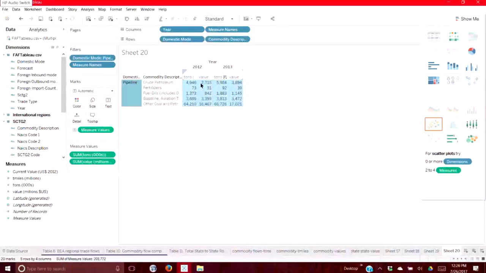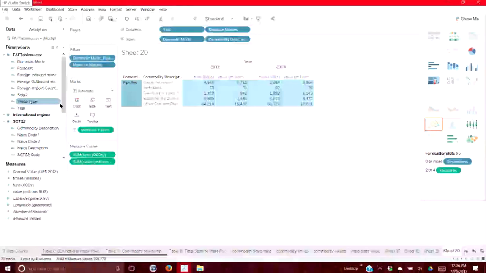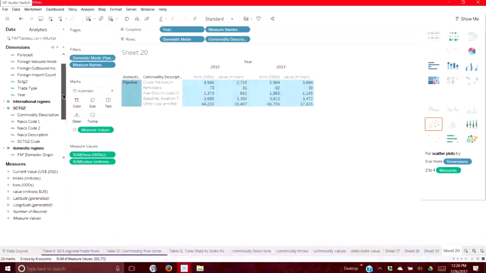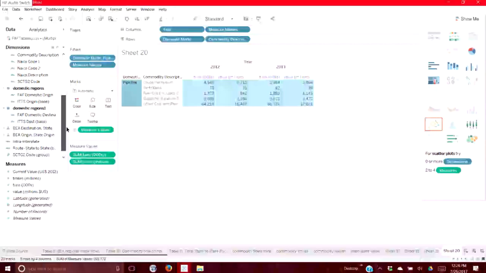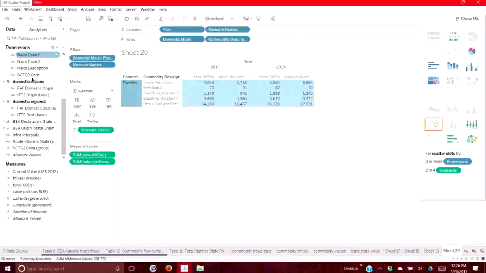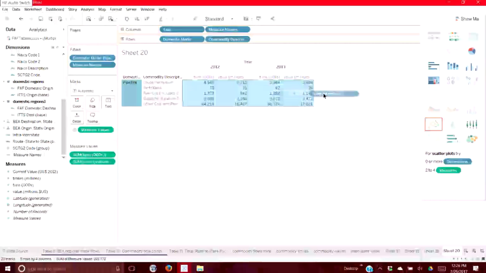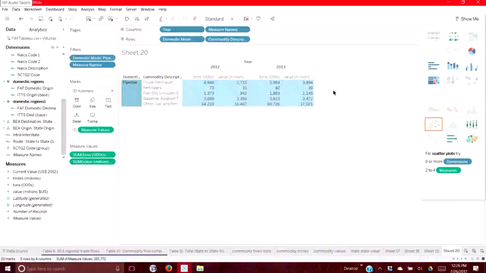And what else would you like to know about pipelines? You want to know how much of it goes within the state and how much leaves the state? There's a field called interstate. There's a field called interstate, and just click that and put that somewhere in the chart. Okay? And I'll explain what that field is, but basically,